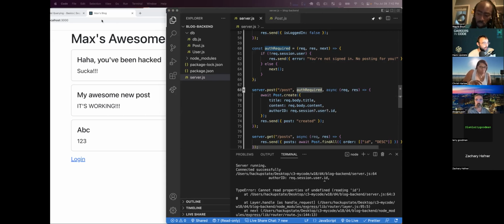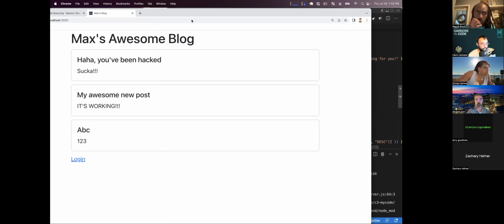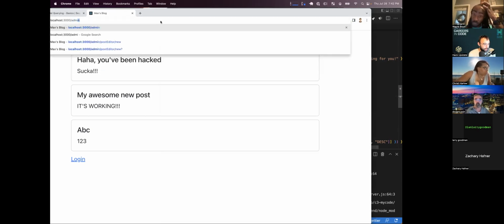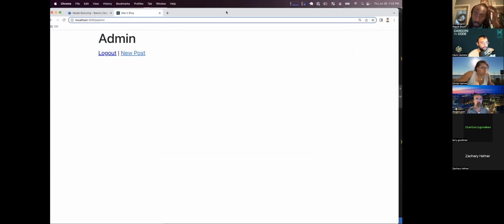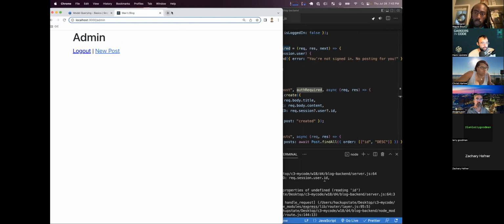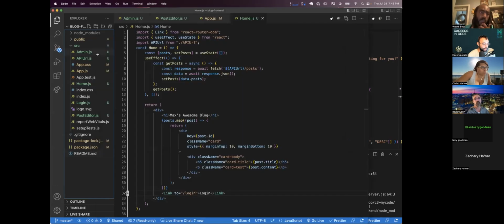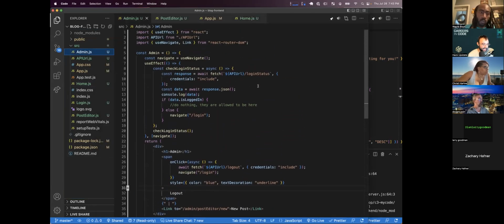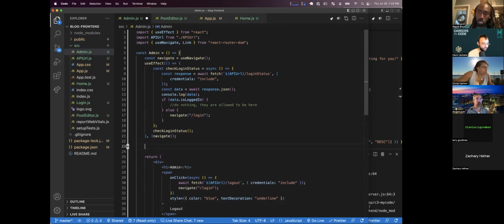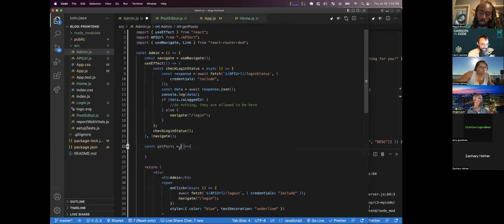Okay, so I'm looking at my front end. I'm able to go to my admin screen, but wouldn't it be nice from my admin screen if I could see the name of all of my posts and then edit or delete one? So in order to do that, I'm going to go to my admin and I'm going to say, hey, we're going to make a new function called get posts. And it's going to be async because it needs to do a fetch. And we're going to say const response was await our fetch. We are fetching to our API URL, and we're going to get all the